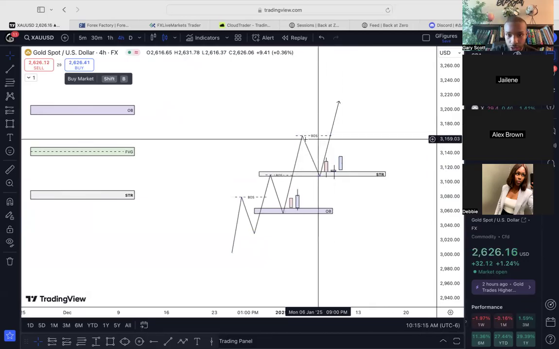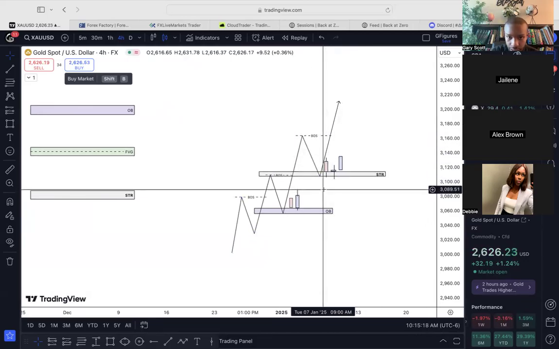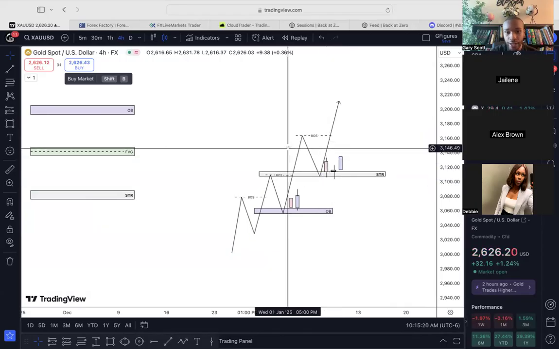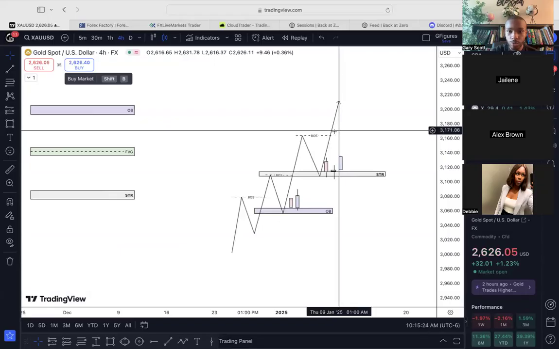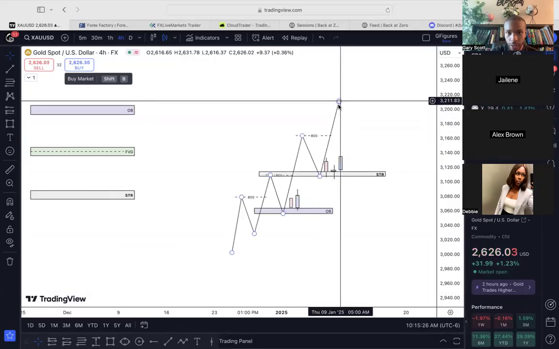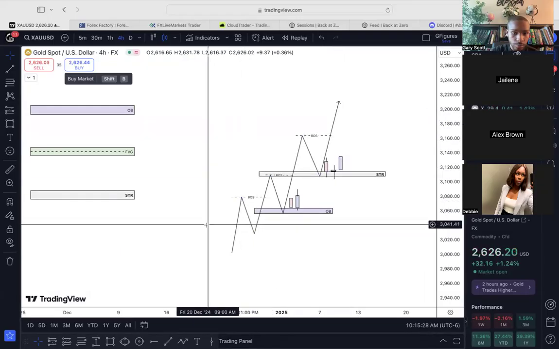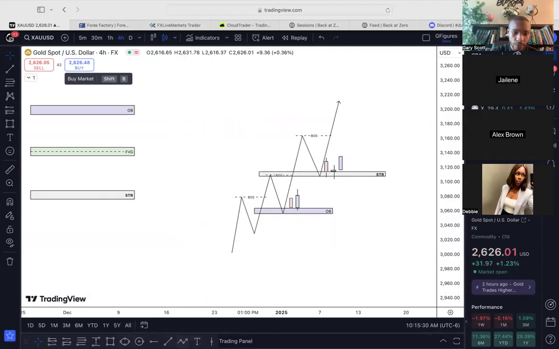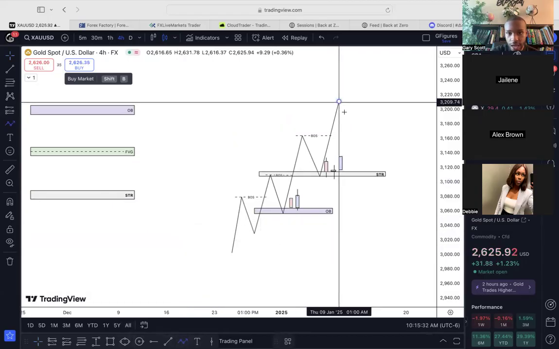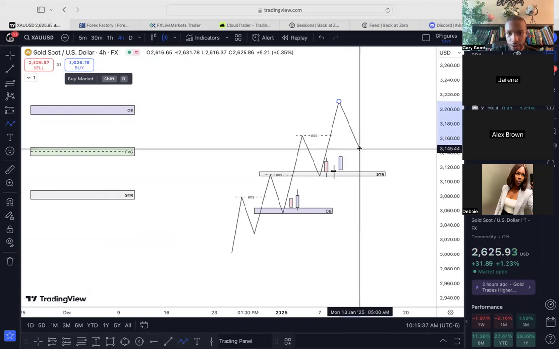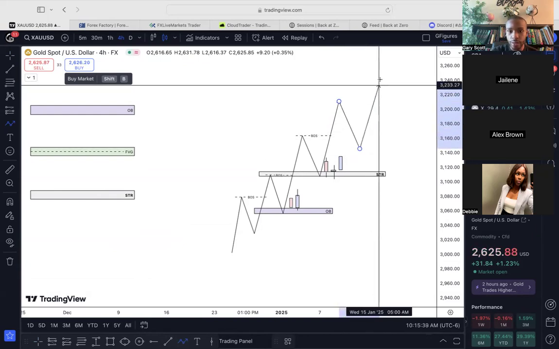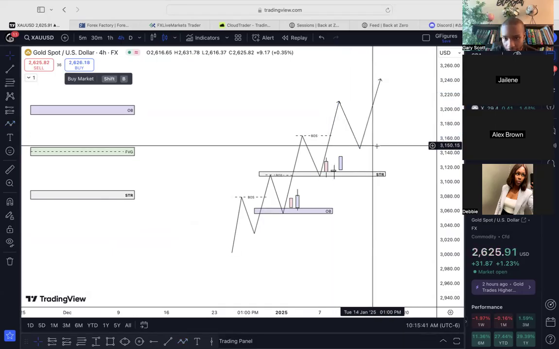So, boom, what ends up happening? Price ends up breaking structure. You take your entry, SL below your area of value, and you're aiming either at the high or above your high. Okay. So price creates the high. Let's just say price decided to come back to a fair value gap level about right here. If that happens,